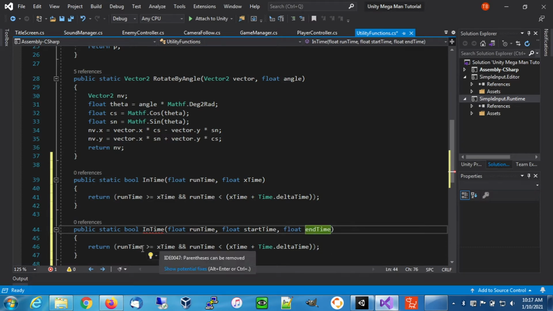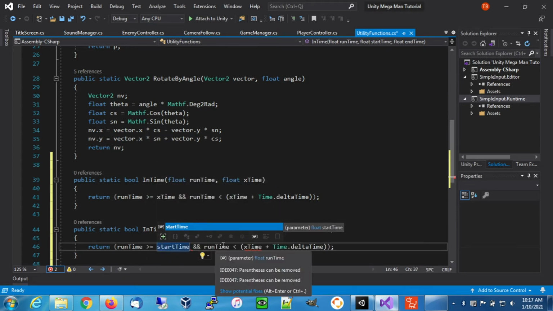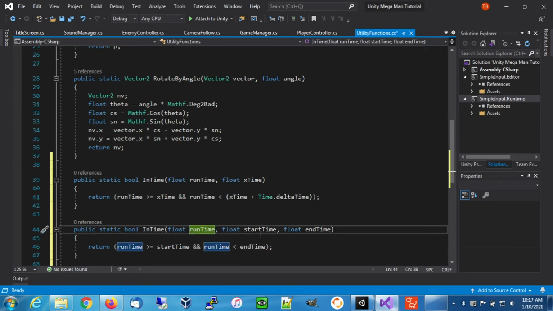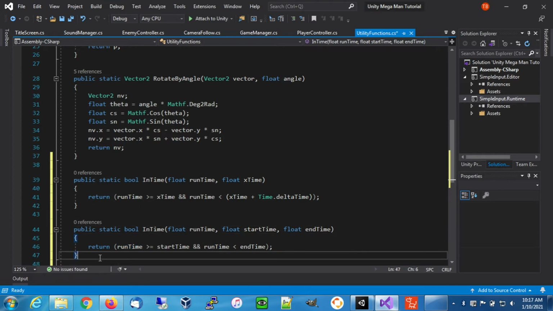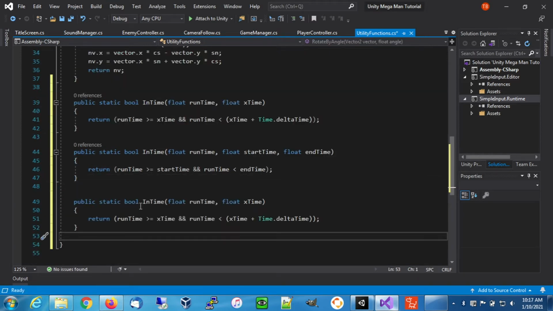And so with this one, it's going to be greater than or equal to start time, and runtime is going to be less than end time. So this is going to check and see whether runtime is within this range. The next one is going to be